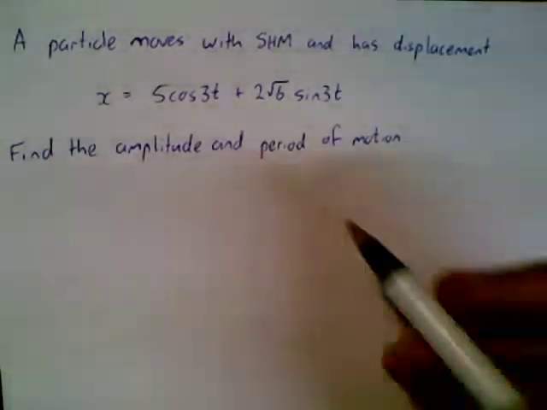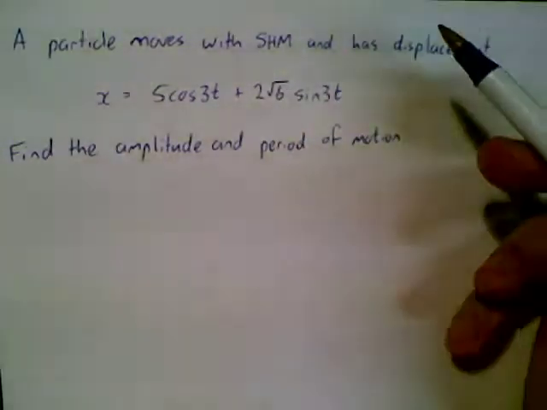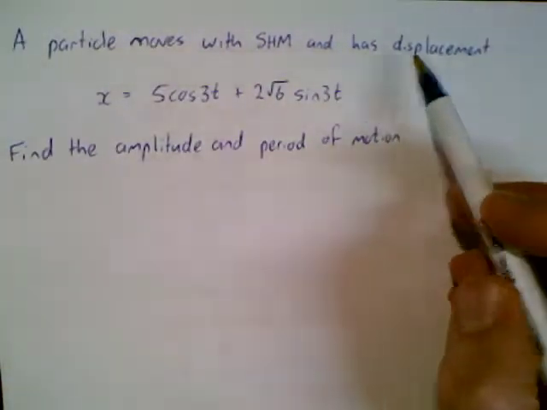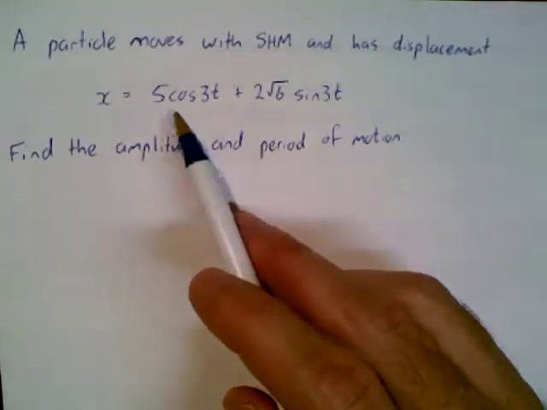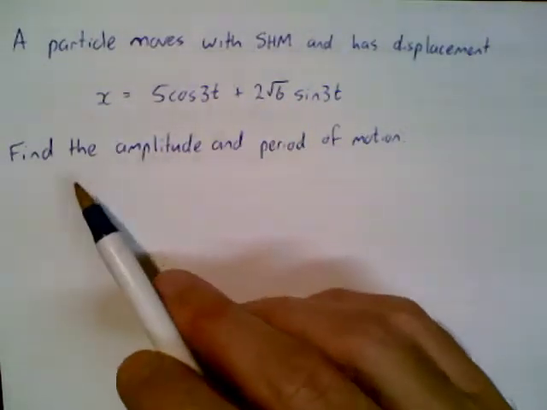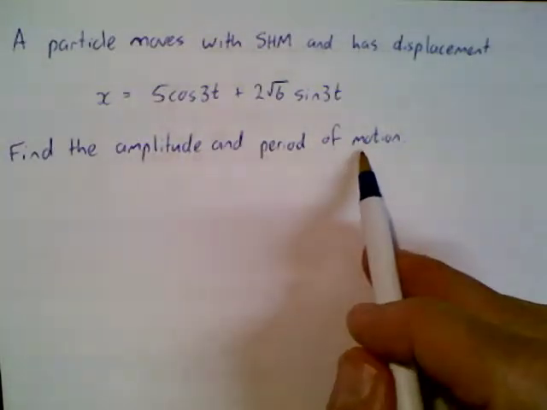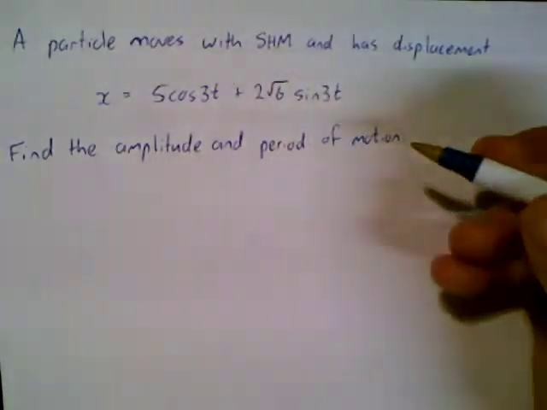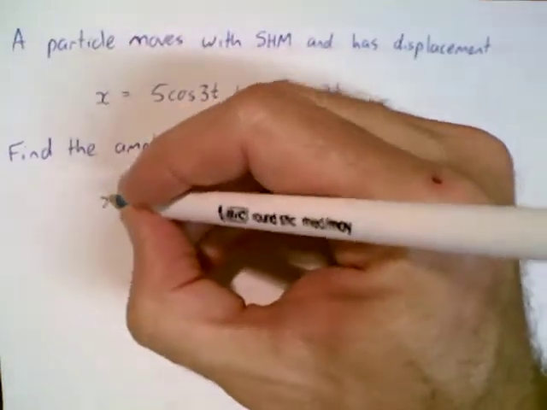Okay, we're going to have a look at a little bit of a different simple harmonic motion question here. We've got a particle moving with simple harmonic motion, and it has displacement given by this equation: x is equal to 5 cos 3t plus 2 root 6 sine 3t, and we want to find the amplitude and period of motion. Now, if it's moving with simple harmonic motion, we know that we can express the displacement in this form here: